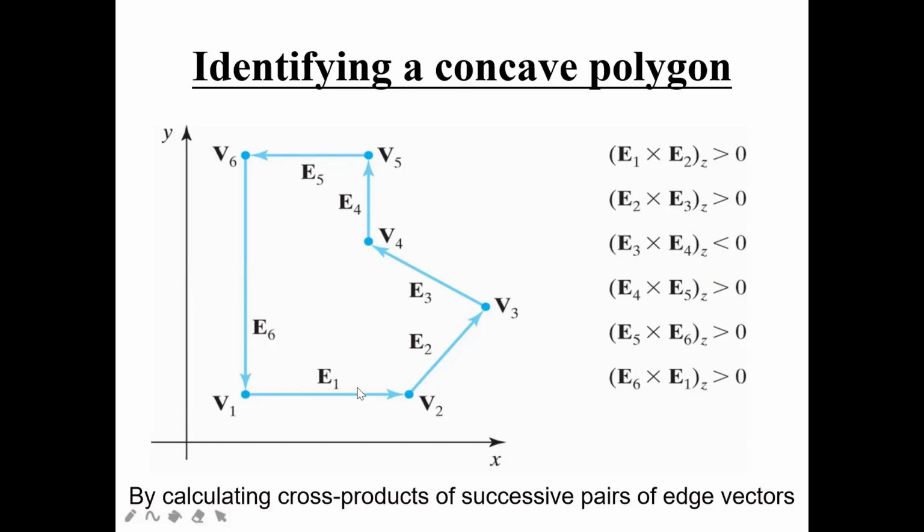Before starting with identifying any concave polygon, first you have to see on which plane your object is present. Here my object is present in the x and y axes, the x-y planar surface. So here I have to consider the xy plane. That's the reason my z axis is 0. Now you can see I have just moved from v1 to v2, where my edges are e1 and then e2. So what will happen here? It has formed an angle, right?